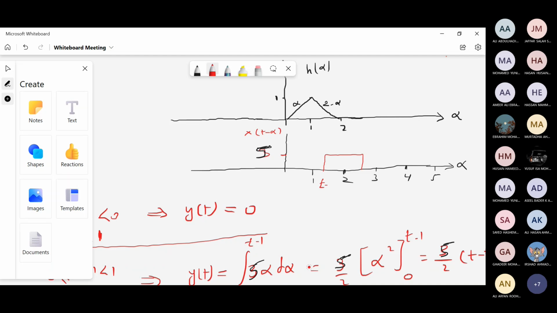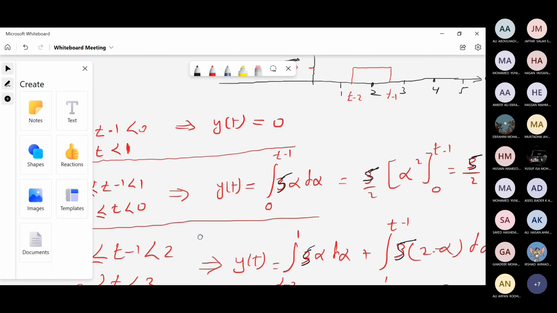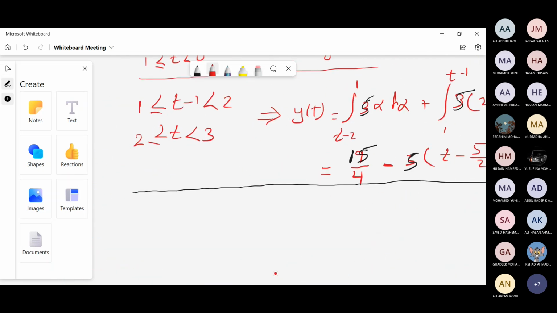So this is t minus 2. This is t minus 1. So now t minus 1 is between 2 and 3. Okay, t minus 1 greater than 2 but less than 3, which means that t is greater than 3 but less than 4. So then from here, y of t equal to